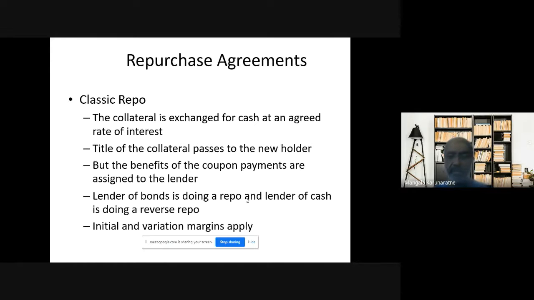Now, really speaking, we are the party who is giving cash on the repo side. Now, say bank A is giving cash to bank B, and bank B gives securities to